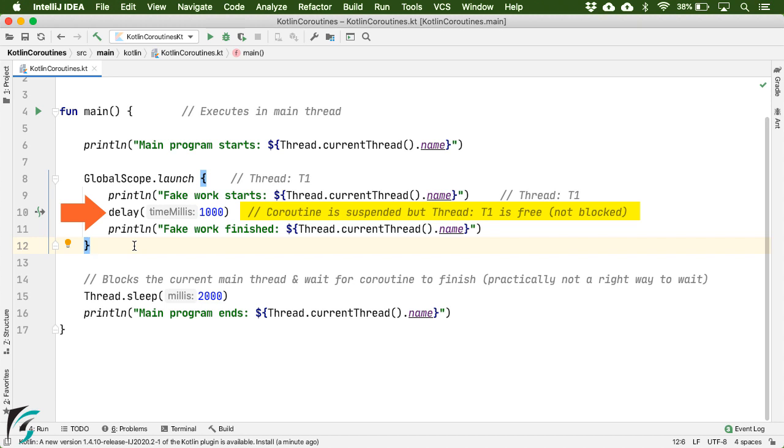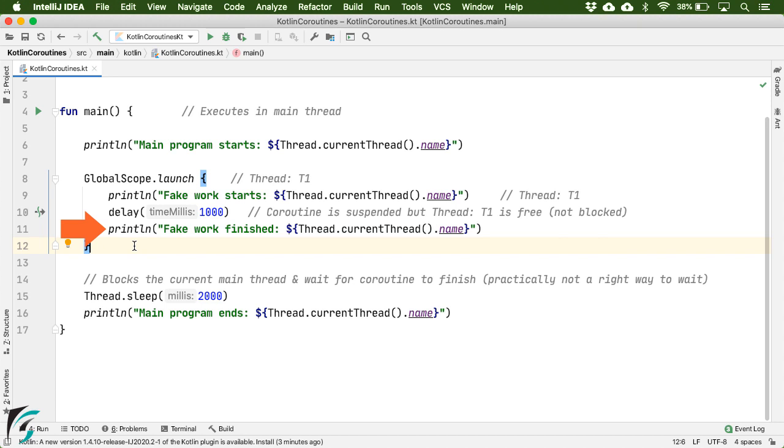In that case, thread T1 becomes free, meaning it is not blocked and it can associate with other coroutines to perform other tasks, which we saw in the slides, right? But after delaying for 1 second, when this print statement executes, what do you think? On which thread will this statement be executed?